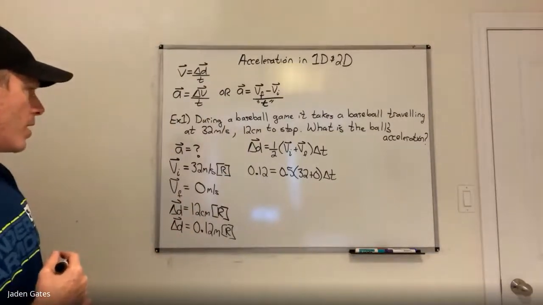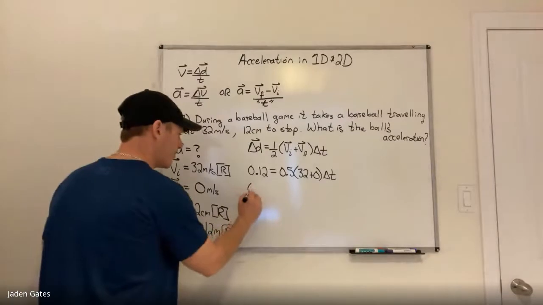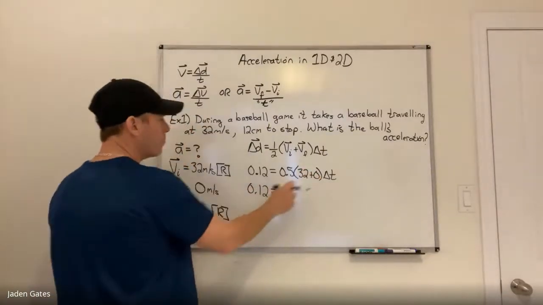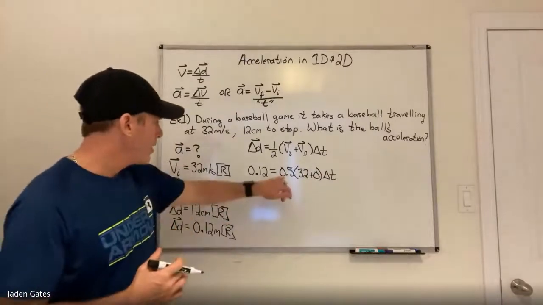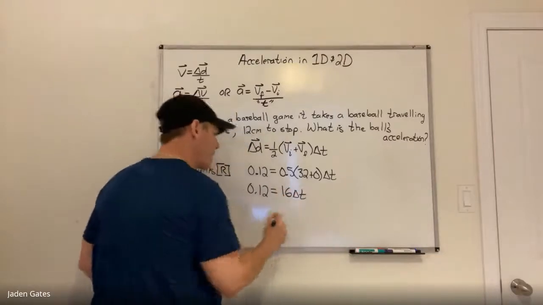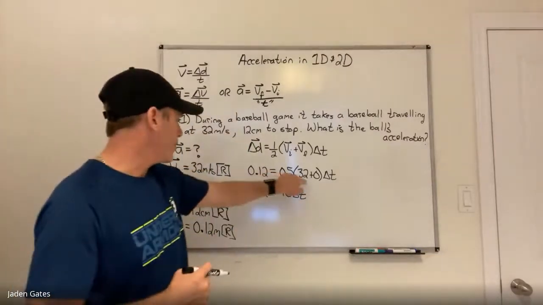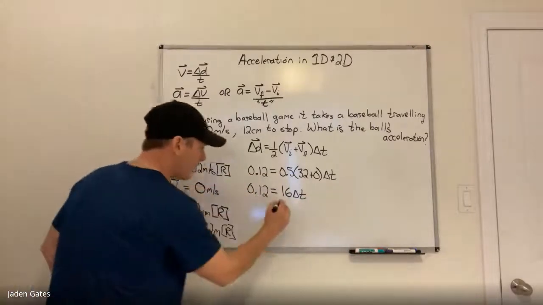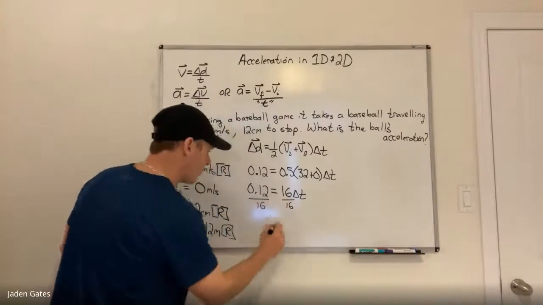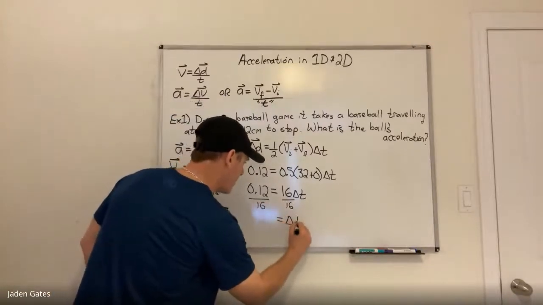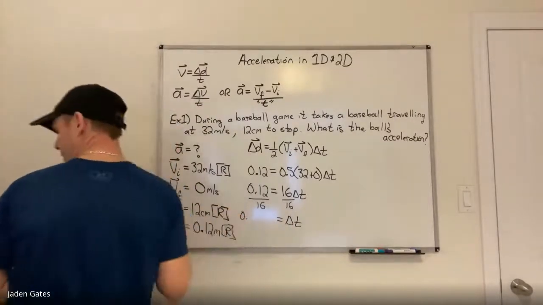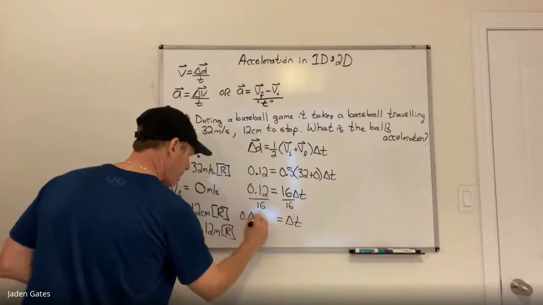All right, so now time to do the math. A little bit of algebra here, so I can figure out this right side a little bit more. 32 plus 0 is 32, times a half would be 16 delta T then. So we'd have a half of 32, 16. Again, I want to get delta T by itself, so I'm going to divide both sides by 16. All right, and my delta T is going to be, if I figured it out, again, this happens very quickly,